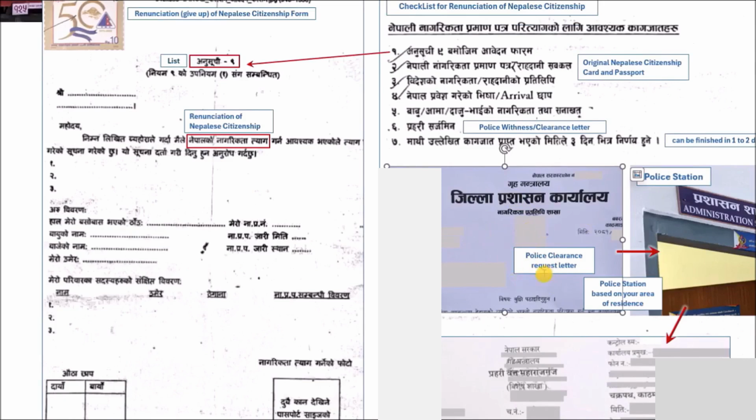Okay, then you take this request letter to the police station. In my case, I went to this police station. Then you go to the administration office in the police station. Again, your police station may be different from where I went. Inside the police station, you will have to go through multiple offices back and forth, and eventually they should give you this kind of clearance letter. In my case, the letter says "Chal chalan buzi pathaeko." So it's like they verify you have no criminal record and those kind of things.